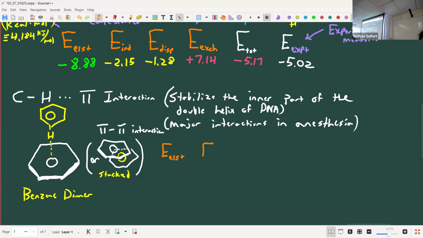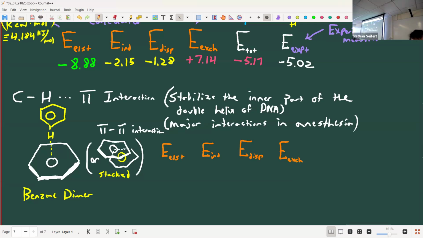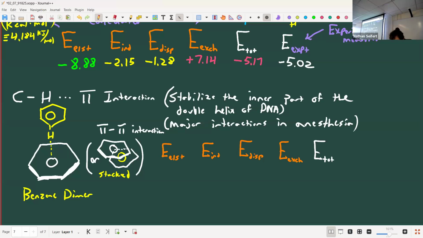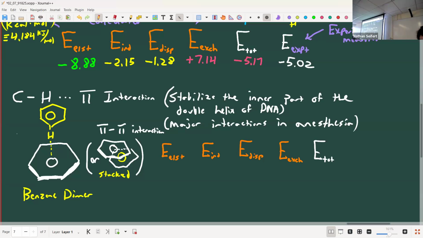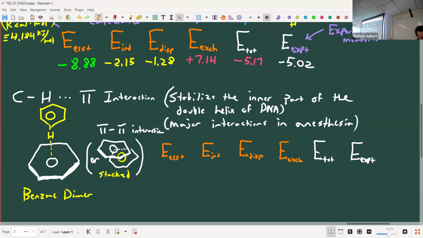So let's ask a question now about the different energy contributions of these structures. And I think I have, do I have data for both of them? I might only have data for one. I only have data for one, for the insertion one. Okay, so